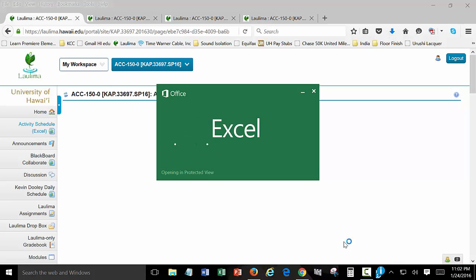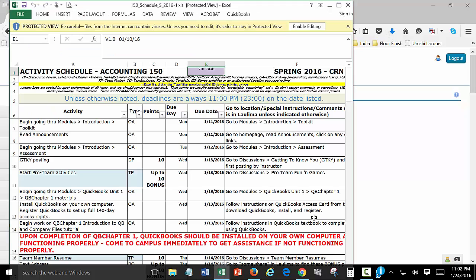In the activities schedule, you will find due dates, the day the assignment is due, and because this is not a self-paced course, everyone will do the same assignments in around the same time frame. Also the location of the activity, and when you enable editing,